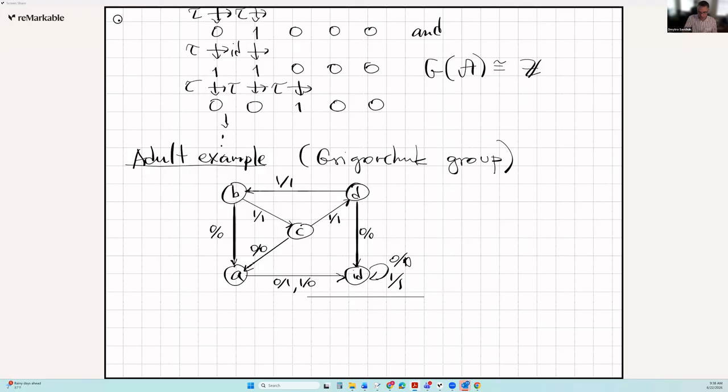And then if you read 0 at B and C, you go to the state A that flips the initial letter. That's the only active state that flips the initial letter, the input letter. All other states don't flip the input letter. And if you're in D and you read 0, you go to the identity right away. So that's the main example for this course, and we'll study this group next time.